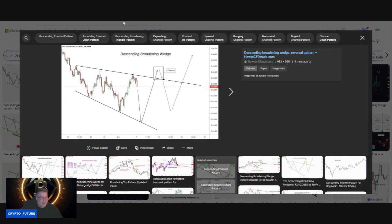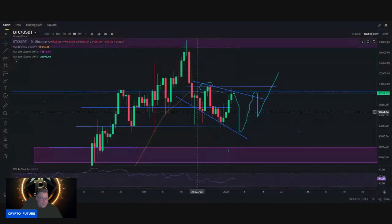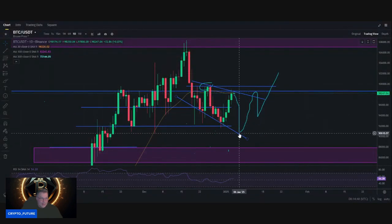Now, if I go back over to Bitcoin, where does that bring us? Okay. So here we are, as you can see, 1 touch, 2 touch. We're up at the top again. We need to break back down to the bottom to get the third touch on the trend line. That would bring us down around